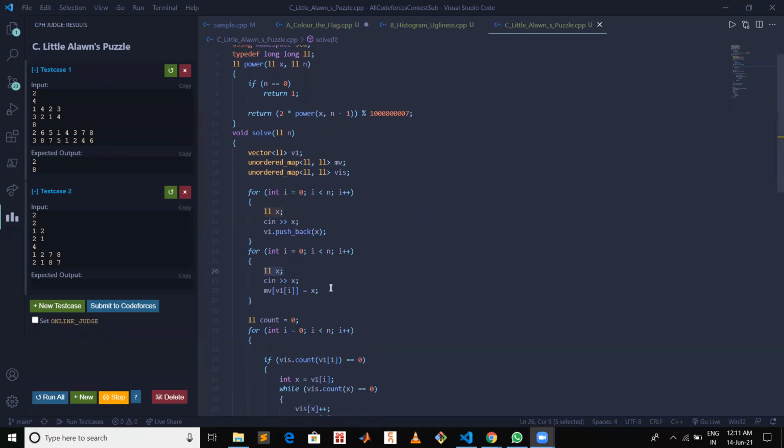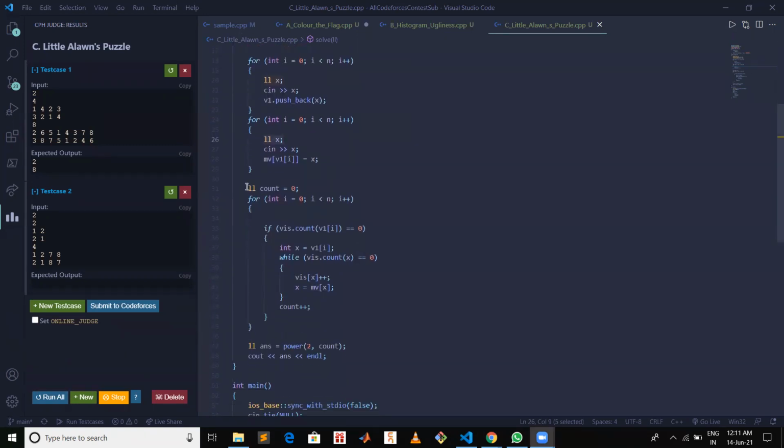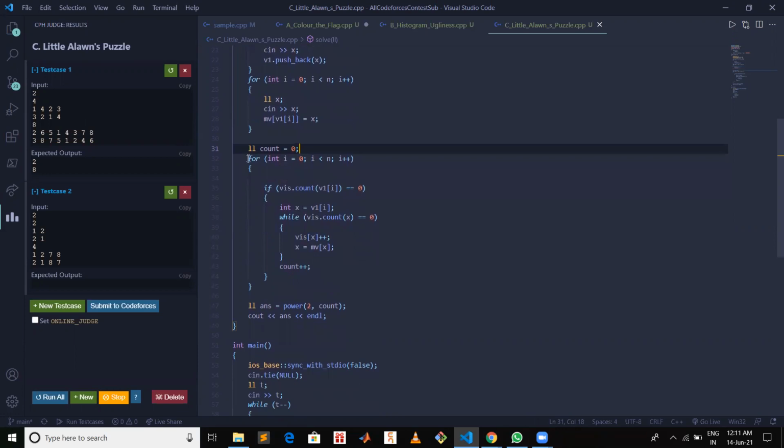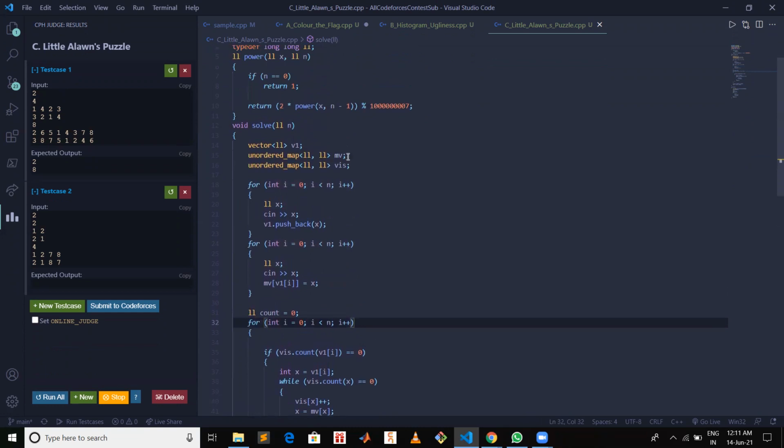After that, I'm maintaining a count just to count the total number of different groups that I can get. Okay, so I'm iterating on the numbers, and this other map, an unordered map which I have taken, is basically for storing the visited numbers.